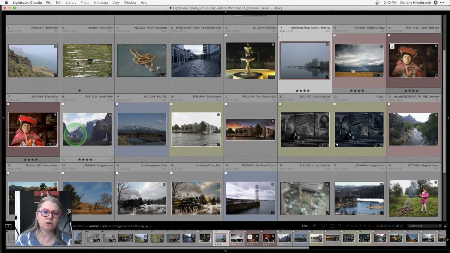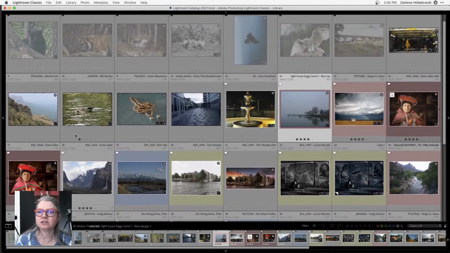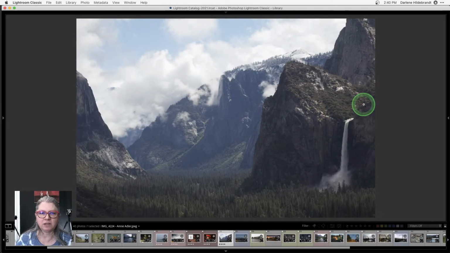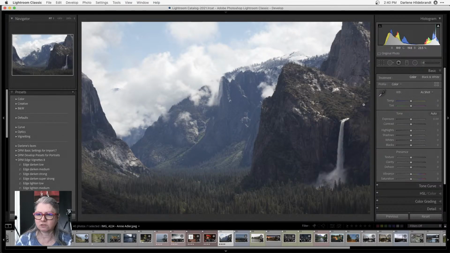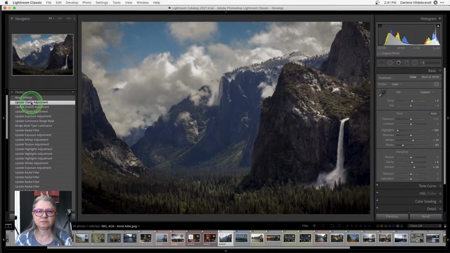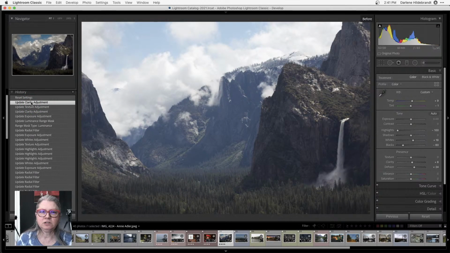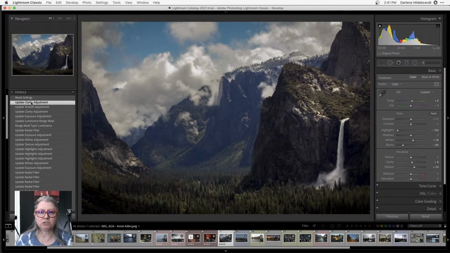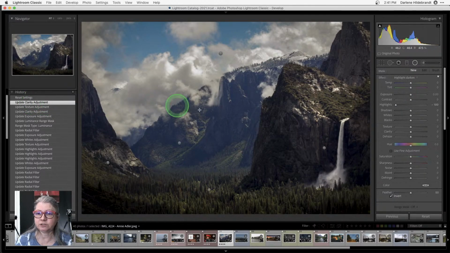I think I will do one more. This was another one that I worked on quite a bit in Lightroom and got a really good result using some radial filters, right? So I'm going to go down to my history panel. Let me show you how I edited this one. Okay, so the original is a little bit flat and a little bit overexposed, right? But the original is good. It's a JPEG, so I would have more latitude again with that sky as opposed to trying to pull things out. But what I've done here is I'm just going to show you all the radial filters that I applied.